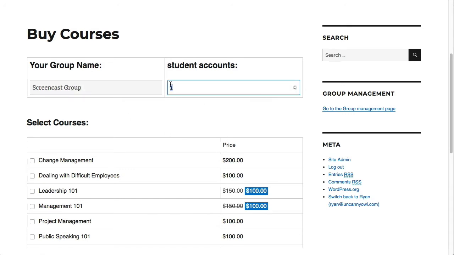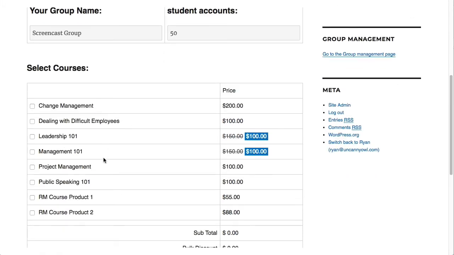They will define how many seats, and obviously this text is bad. It's mixed case and it's not what everyone would use. This is an example of using a custom label for the seats, so I'll show that in the back end. But this is just showing how you can call this whatever you want, and in this case it's called student accounts. So maybe we want 50 seats for this group,